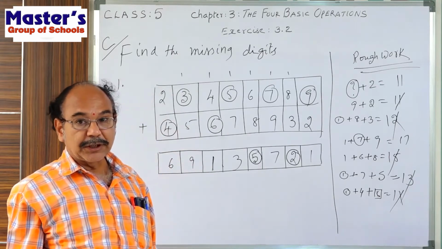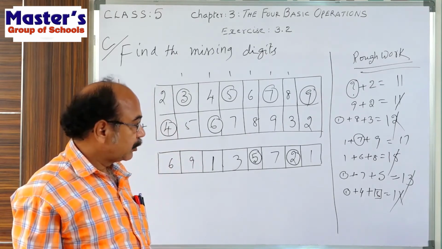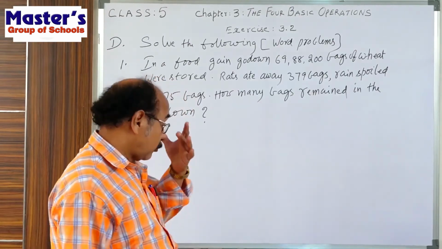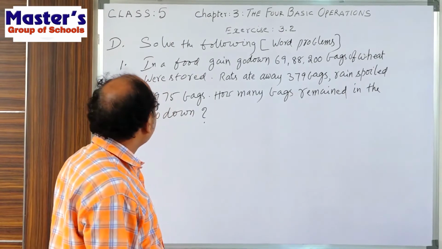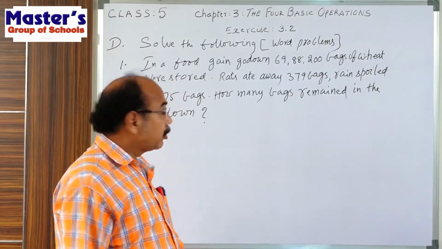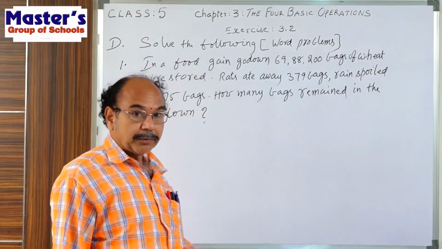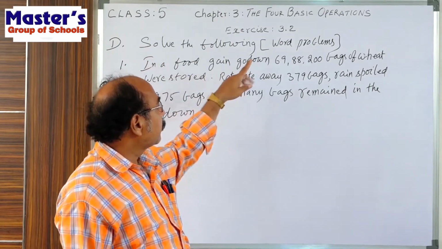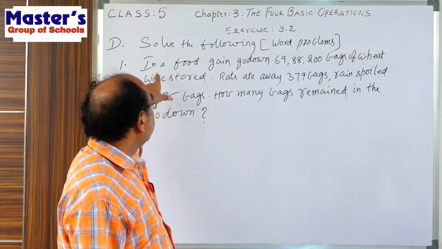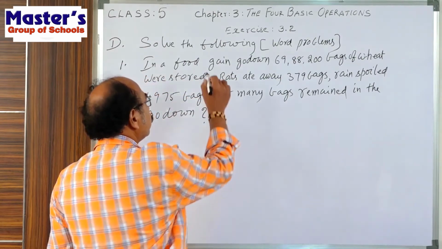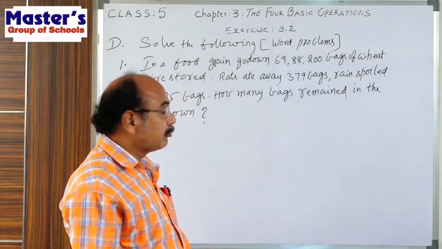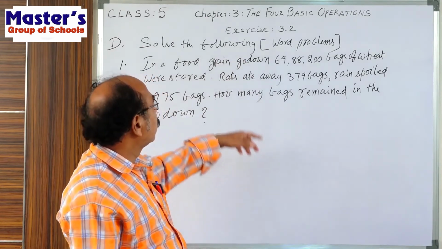Now we are going to the word problems. Okay. Let us study the word problems. Right, children? Okay. Now we are going to the word problems. So in section D, word problems are there. The first question is, solve the following. First one, in a food grain godown,